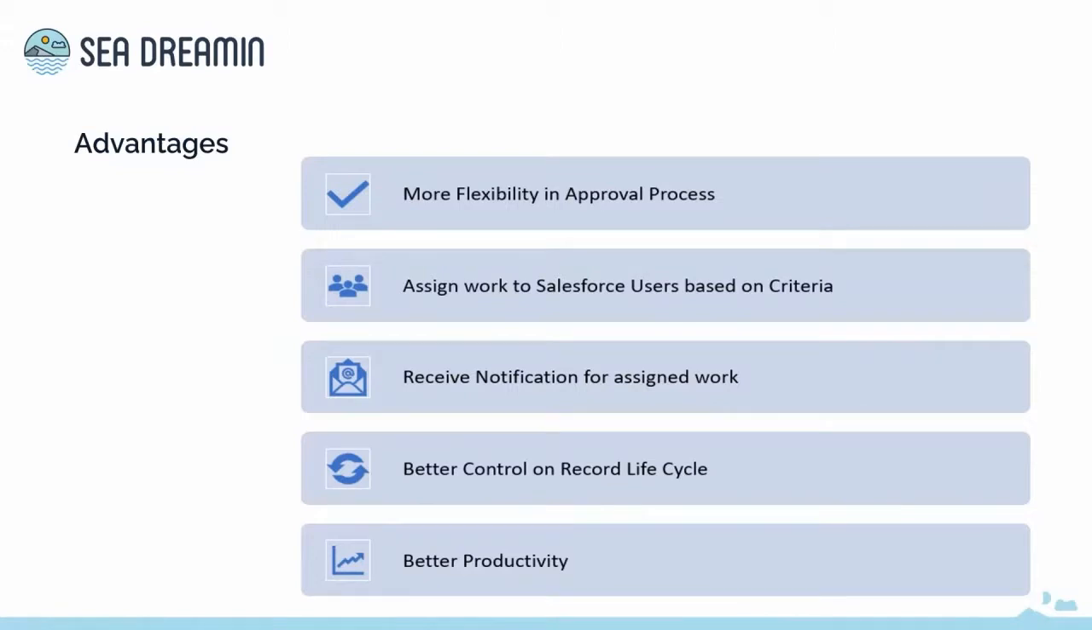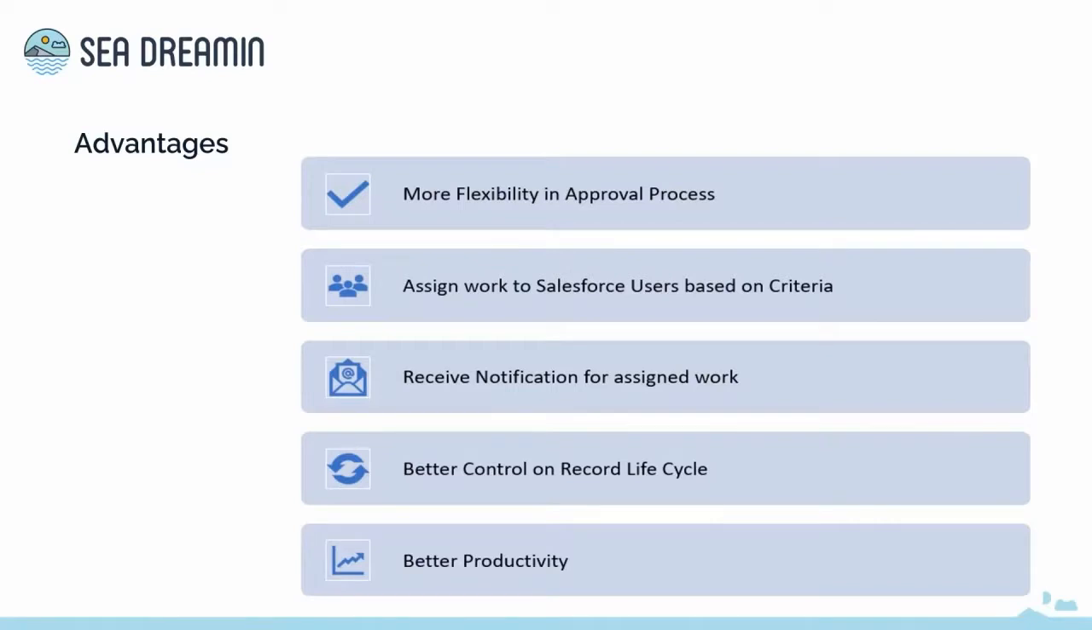Like we have seen just now, this is providing more flexibility with the approval process. And you will be able to assign work to Salesforce users based on criteria. And users will be receiving notification for the assigned work. You will get more control on record lifecycle also and better productivity, since you will be able to campaign multiple actions in a sequential mode, and different users will be seeing different actions on your screen that that particular user